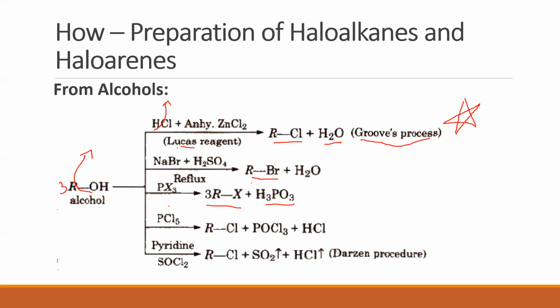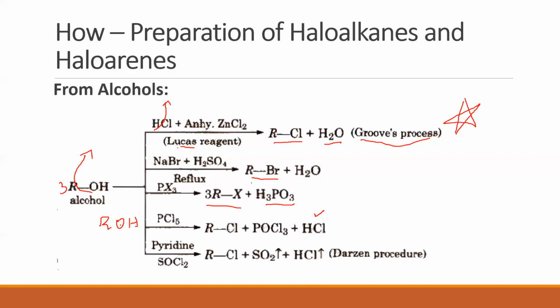The fourth method involves phosphorus pentahalide. In the previous case, it was phosphorus trihalide. Here we are taking phosphorus pentahalide. Now, when we're taking phosphorus pentahalide, we don't need to take 3 moles. 1 mole of ROH is enough. So I just take 1 mole of ROH. When this is made to react with PCl5, one of the Cl's will take away one of the hydrogens to go out as HCl.